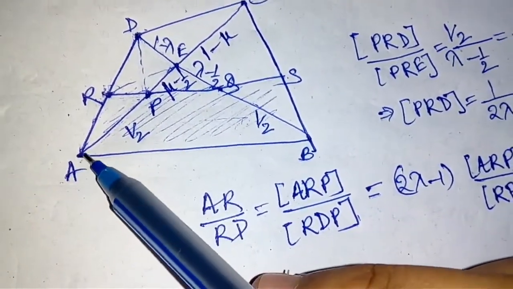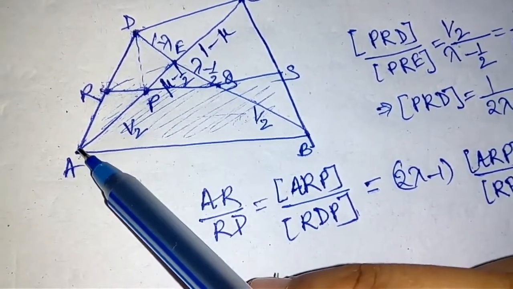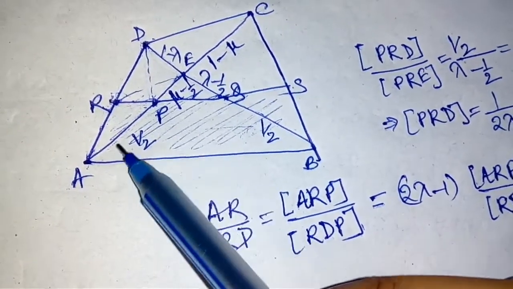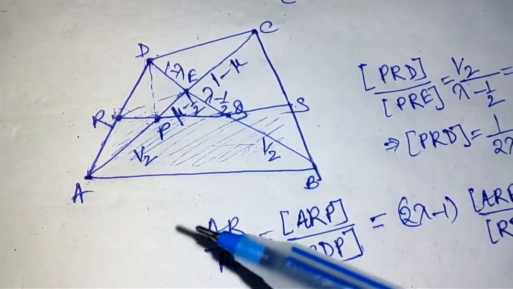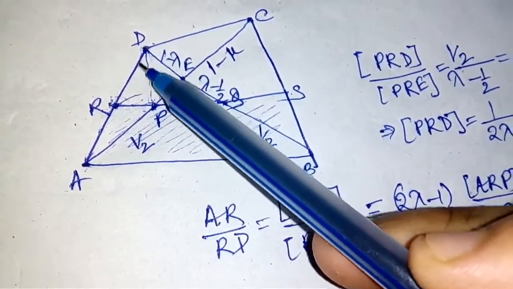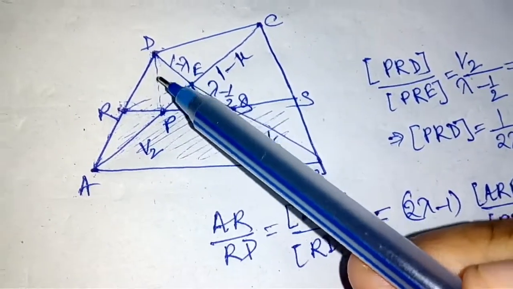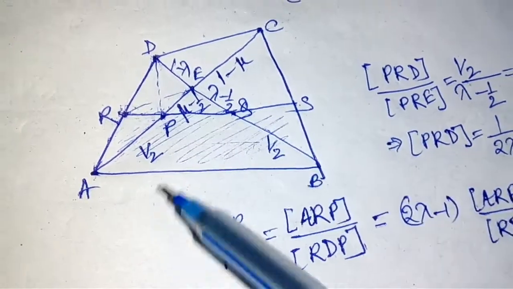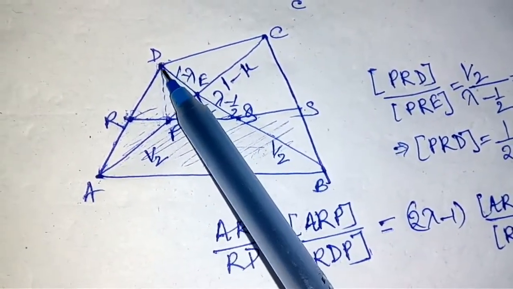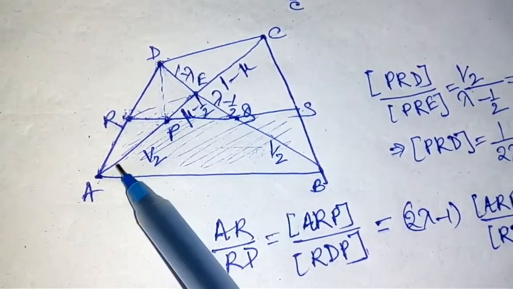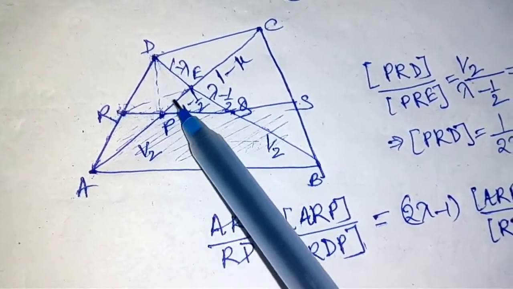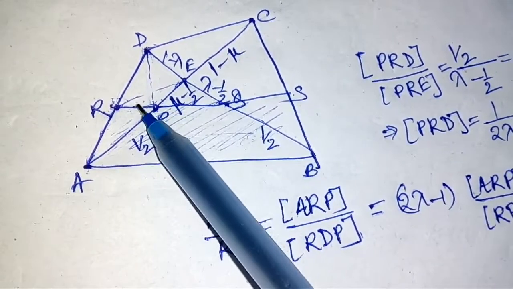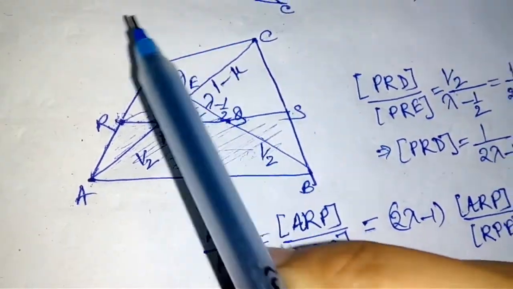See, if I slide the vertex of triangle ARP, it will not be beneficial. First of all, because AP is already defined. We know the length of AP, so somehow we can calculate the length ratio, but in this triangle we do not know the length of any side. So it is better to slide this to a new triangle so that we can get our work done. What I have done is slided it to this triangle. Now see, the magic happens. I know the length of this, I know the length of this, I can calculate the length ratio, and I will also calculate the area ratio, so it will make my work easier.